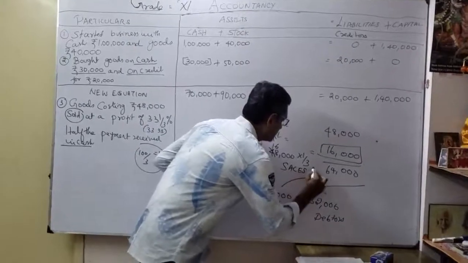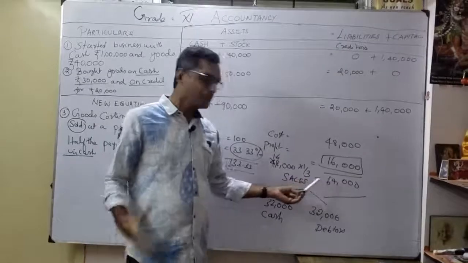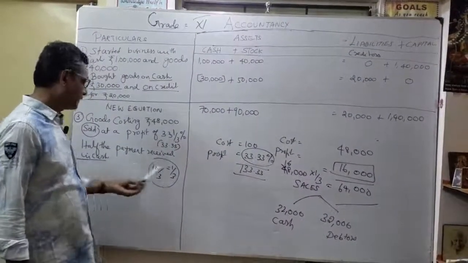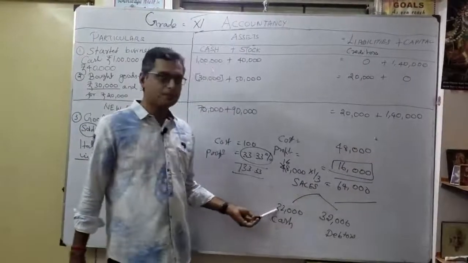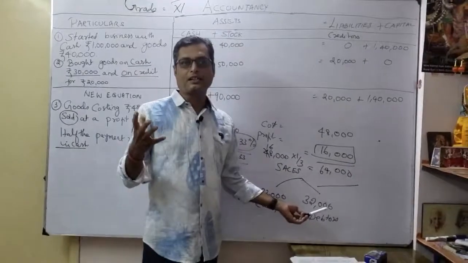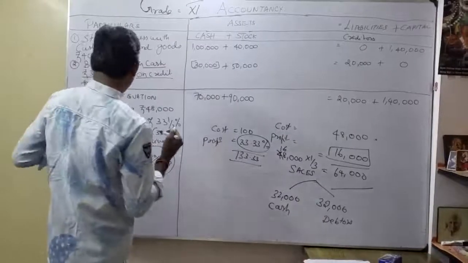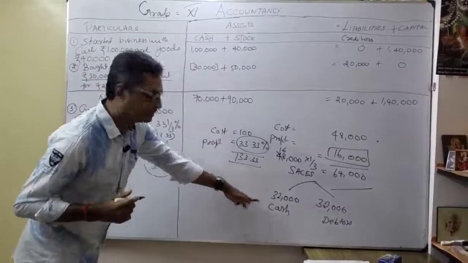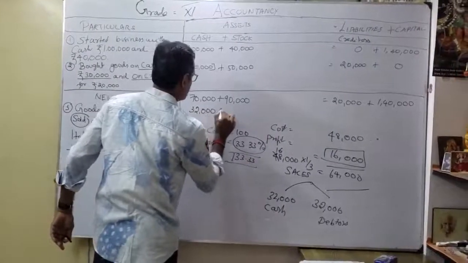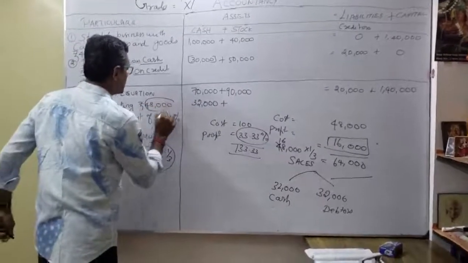That's the working note you want to write separately in your notebook. So 64,000, I got money immediately. See, half the payment received in cash, so I got money immediately at the time of sale. It's 32,000. Balance 32,000 I showed as debtors. I will collect later on. So how am I going to write it here? First what happened? I got cash 32,000. I write it here first. Plus, my stock reduced how much? 48,000.